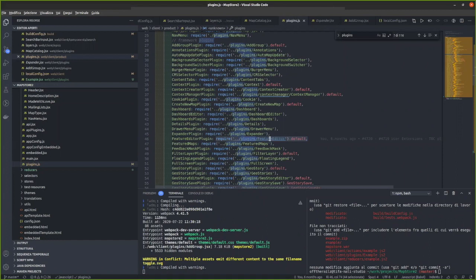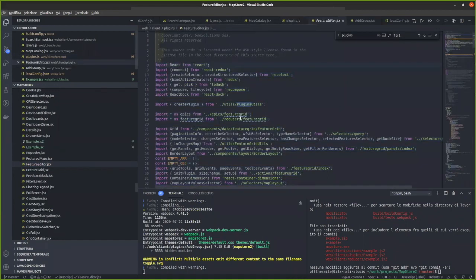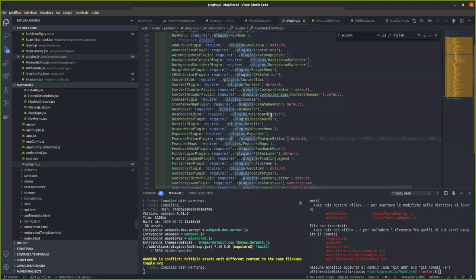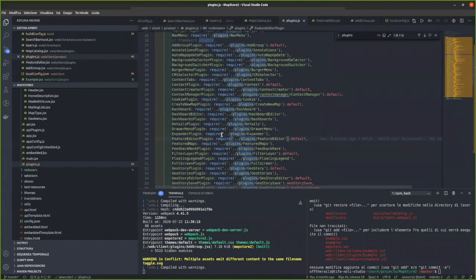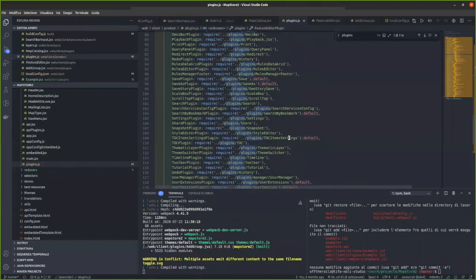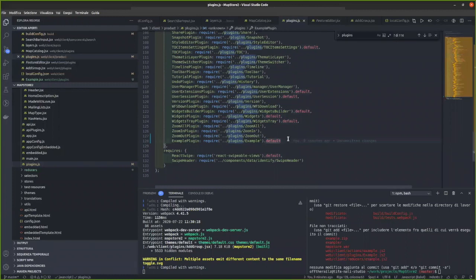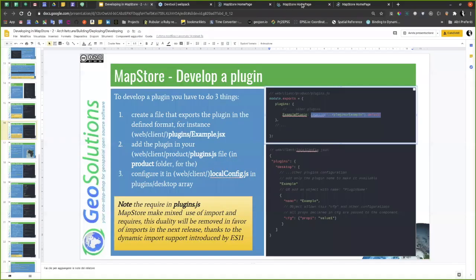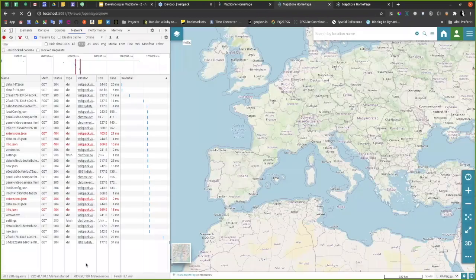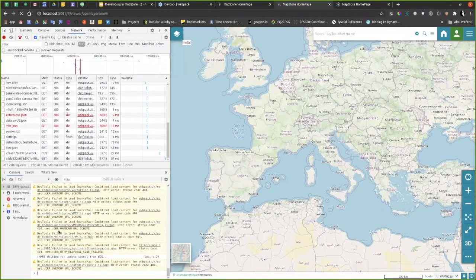These files use typically the import syntax. So if you develop new plugins, you will have to use the new syntax. And so in plugins, until we uniform everything, you will have to use the .default notation in order to import it. Otherwise, it will not work. If for instance I import this way, I will not see the plugin because it is not present. And I will see a warning, I think in the